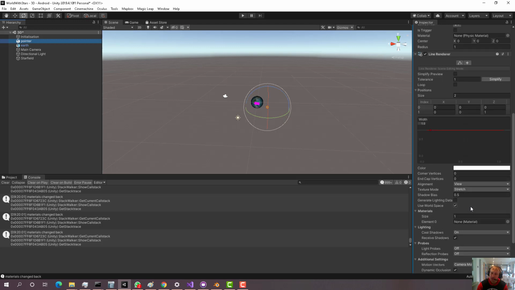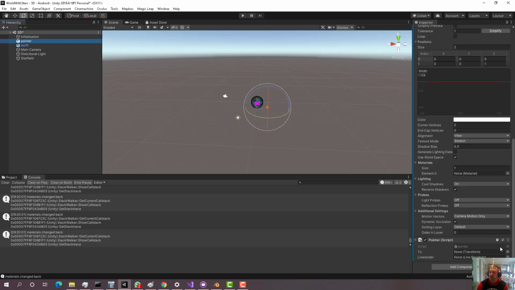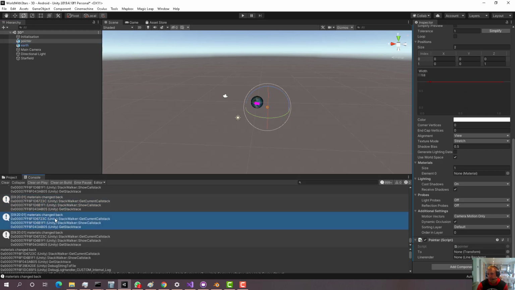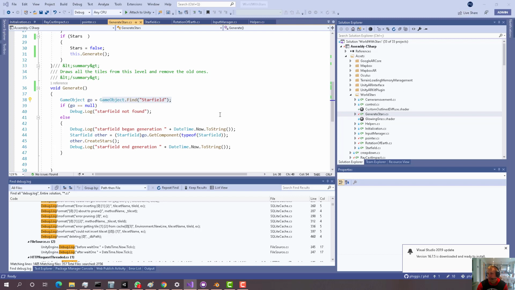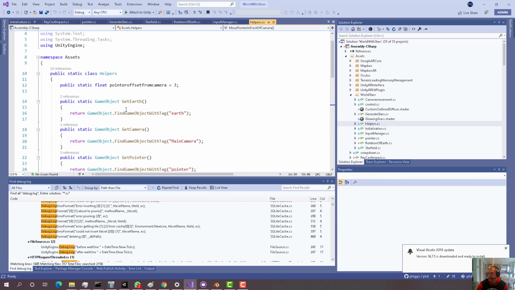Whereas if I do it in code and set it to null, then garbage collection can normally take place. You'll notice on here that I have materials change back. These are diagnostic messages when running in the editor itself. So if I have a look at the helpers,